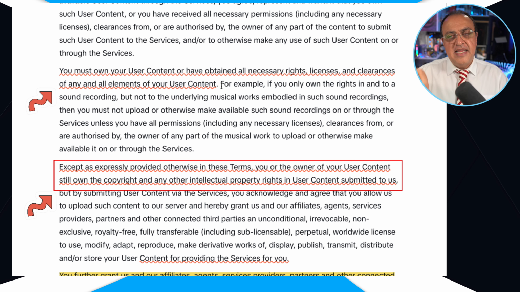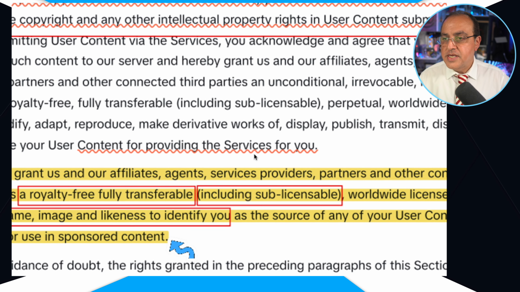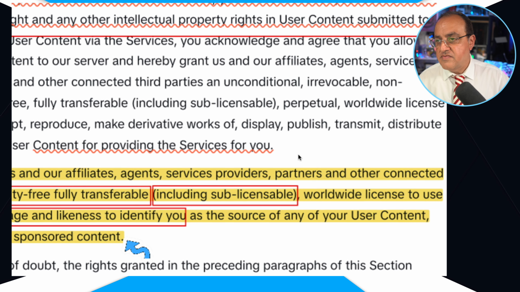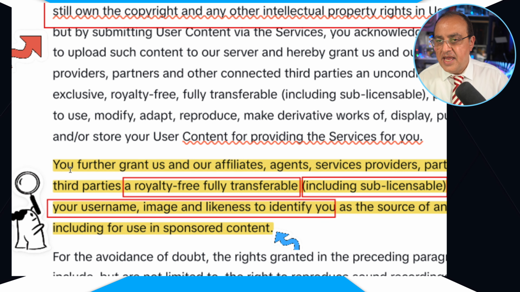Now, if I did that now, am I sub-licensing that all to TikTok? That's the question you need to ask. I was going to check this out to find a better understanding of it. Basically, here, content to providing services for you. So they give you all of this stuff, and then you,